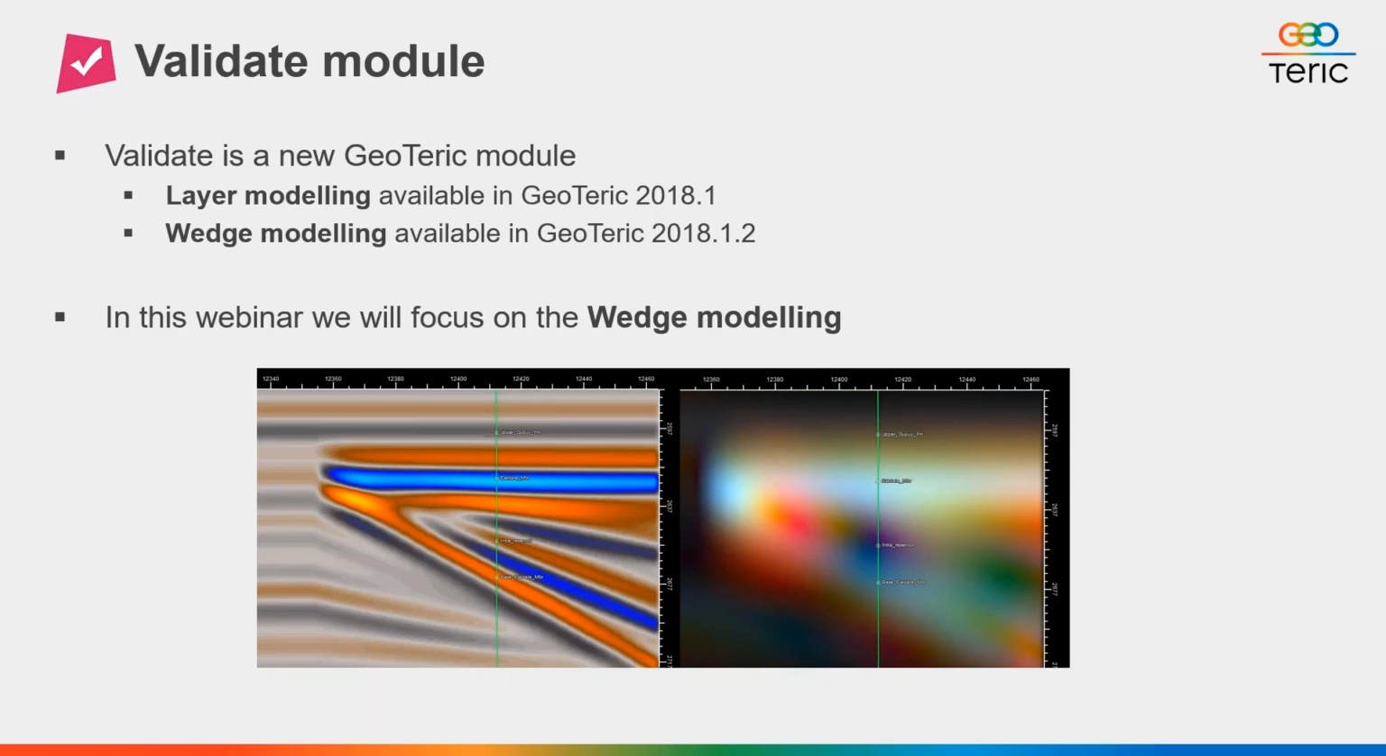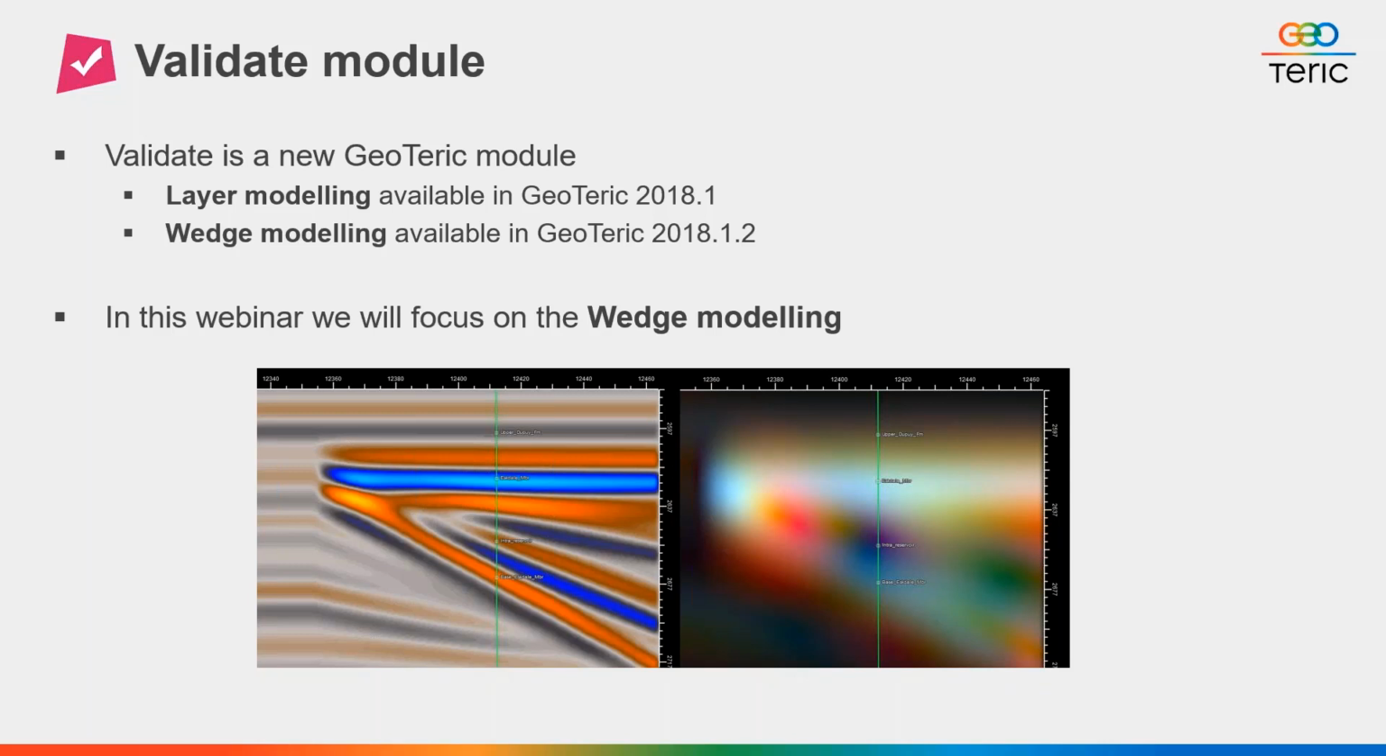So Validate is a new module of GeoTeric, which requires a separate license. It was released for the first time a few months ago in GeoTeric 2018.1, and that first release included the layer model, and then later on we added the wedge model, which is available from GeoTeric 2018.1.2. So today we are going to focus on the wedge model, and the idea behind Validate is to have a tool that will allow us to validate and to get more confidence on the colors that we see in our